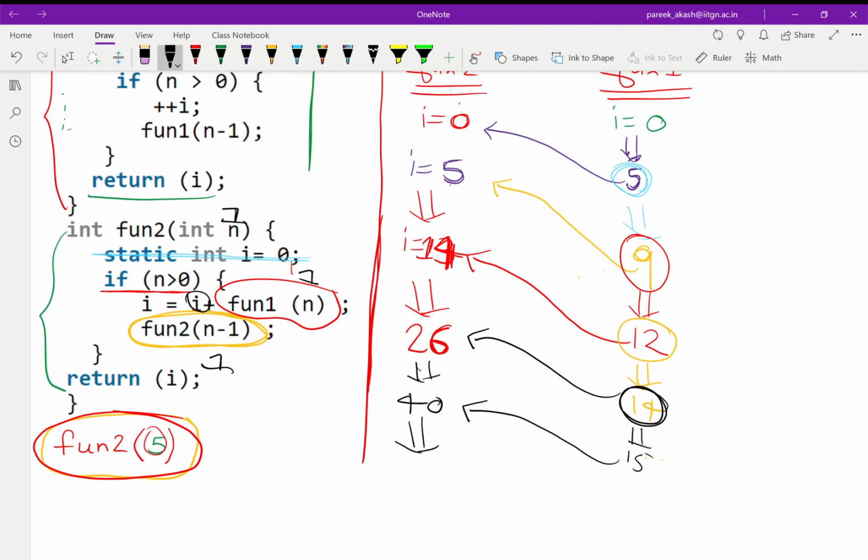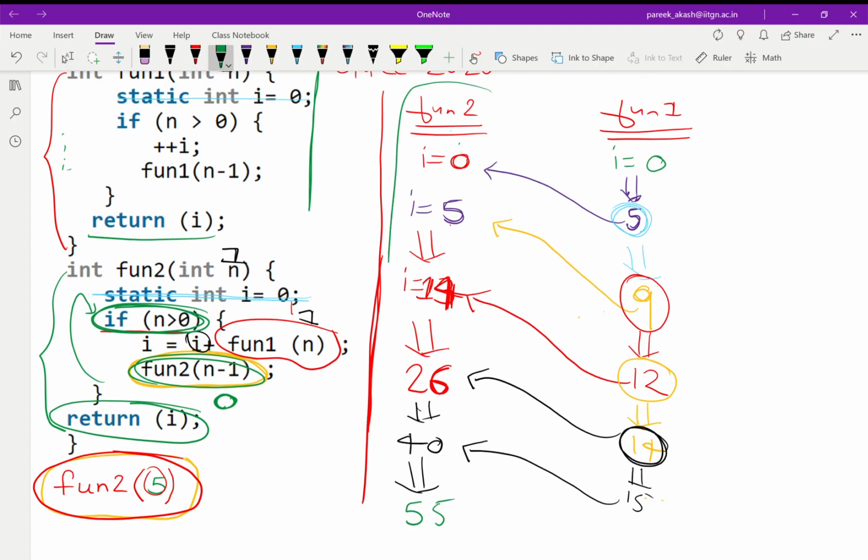So function 2's value will become 55, and now n will become 0 because 1 minus 1 is 0, and the next time it comes to this line, n is not greater than 0, so it will stop. When it stops, we have to return I. So function 2 will return I. Now the current value of I is 55. So our answer should be 55.